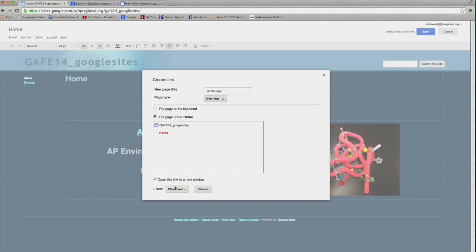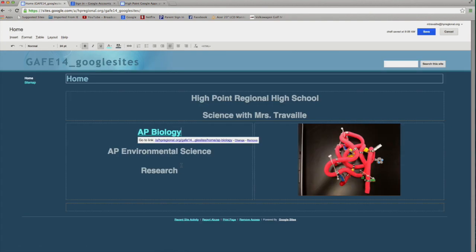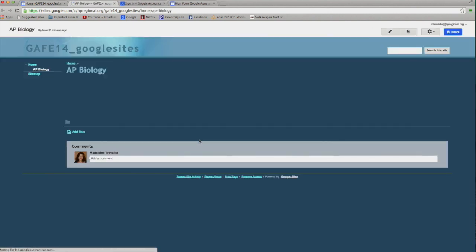And right now it's creating my page. Okay, and I say okay. And now you see that the link is a different color. So you can go ahead and click on this link, and it'll bring you to your new page. And again, this is the basic layout of your page. If I want to go ahead and edit and add information,